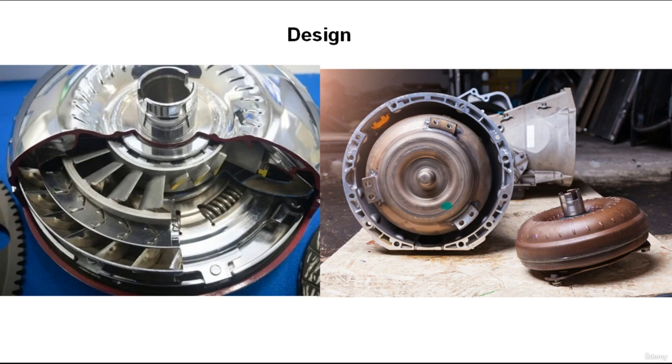A flex or drive plate is used to mount the torque converter to the crankshaft. The flex plate transfers the rotation of the crankshaft to the shell of the torque converter. The flex plate is designed to flex in response to the slight change in torque converter size as pressure builds in it. It's bolted to a flange on the rear of the crankshaft and mounting pads on the front of the